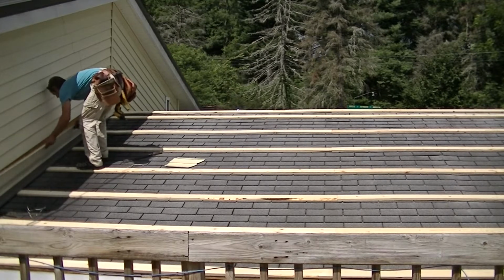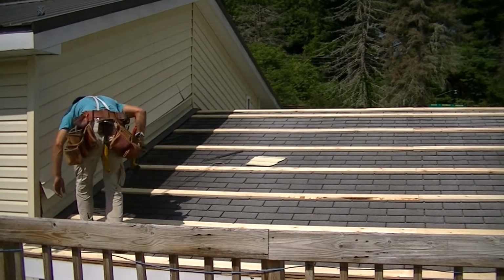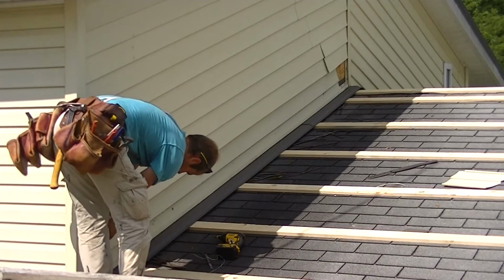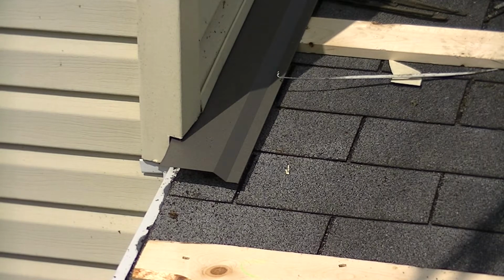Now he took the scrap that he cut off the original vinyl siding and dropped it into the starter strip in order to make the old vinyl fit tighter in the strip. Now he's just going to snap the old vinyl upper and lower pieces together. Now with the flashing installed and the vinyl reinstalled, they're ready to put the first piece of roofing material, and they'll slide it underneath the metal flashing. You can see how the metal flashing is turned down a little bit towards the right hand side. When they put the roofing material in, they'll slide it in under that, and it'll direct the water on top of the